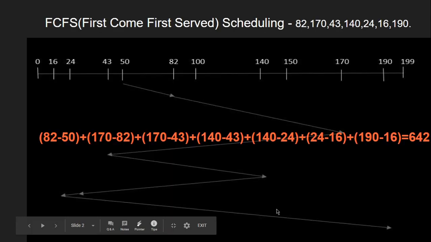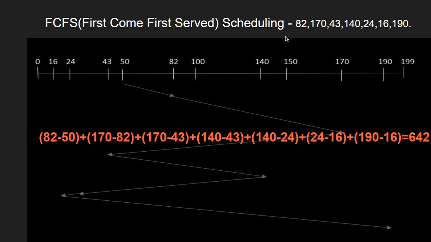So now we will start with the first come first serve. As the name implies, this sequence has to be handled in the order of the arrival. First come should be served first. And here the question given is that initially the disk pointer is at 50. In case the question does not mention the initial head pointer, it is assumed to be 0.